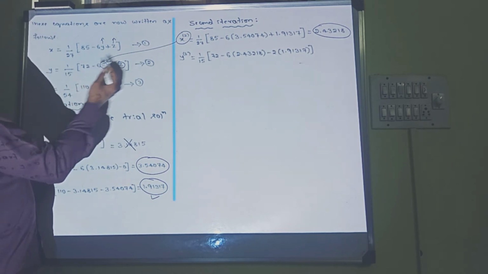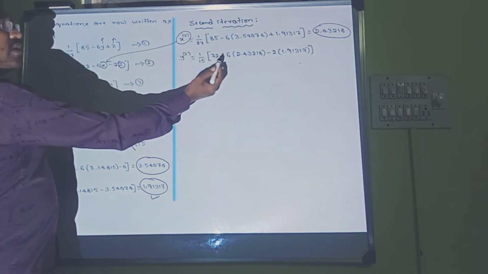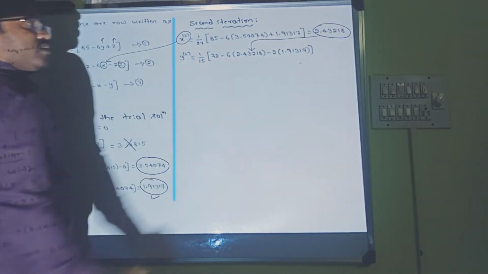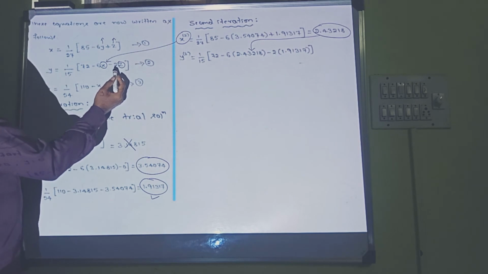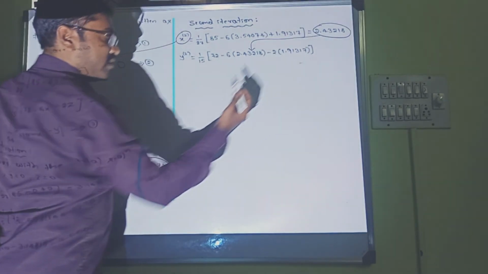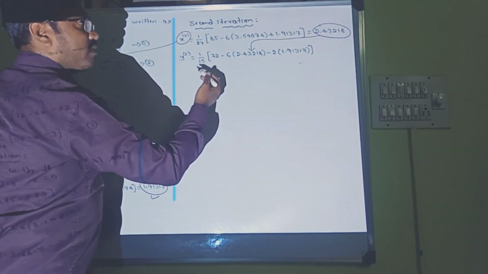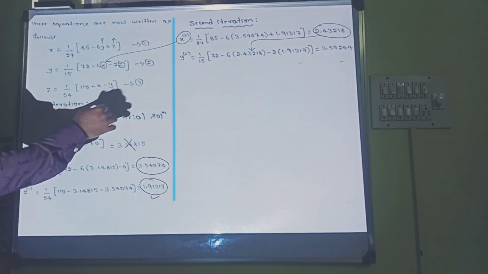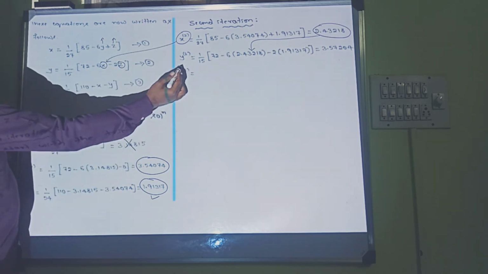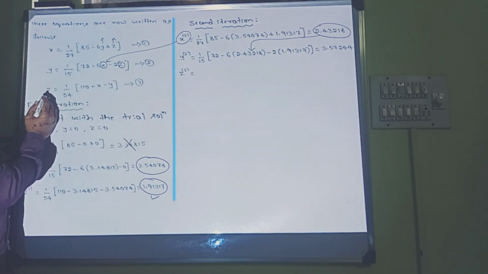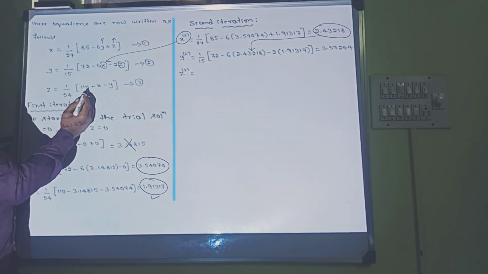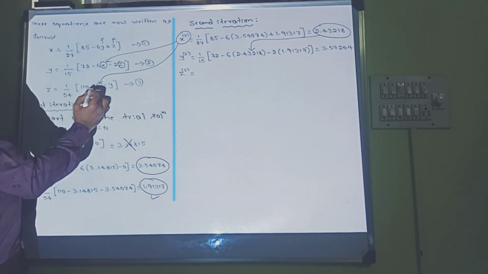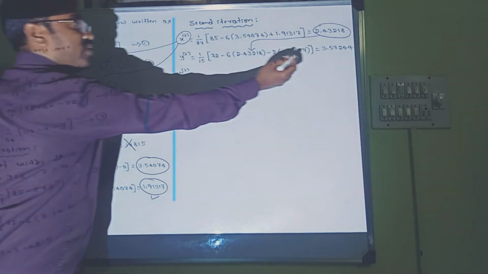1 by 15, 72 minus 6 into x. See, this value we have taken here in the place of x, minus 2 times z. Z is this. If you simplify, you get the new value of y. Then let us go for z2, the second iterated value of z. We take this 1 by 54 into 110 minus x. X is this new improved y. Y we have just improved.